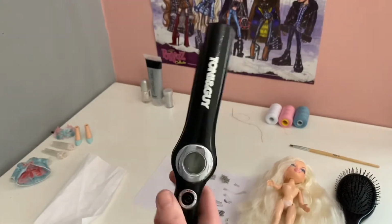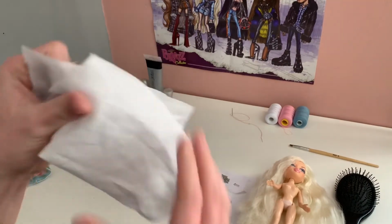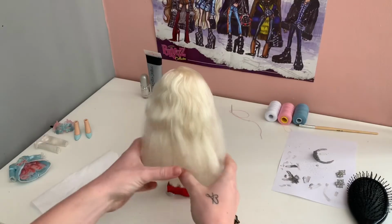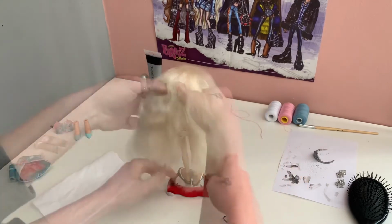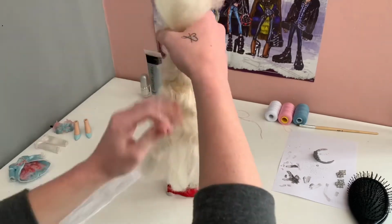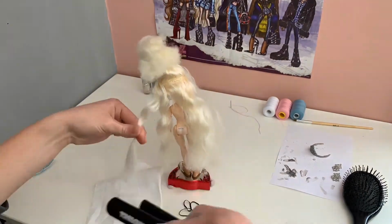And I was a little scared that my straightener might be a little too hot for her. So I did grab this cloth as some form of a safety net just to wrap around her hair as I straighten it. I've plugged her down onto this Bratz Angel stand. And I'm just going to start by separating her hair into sections. And I'm going to work from the bottom to the top and just go strand by strand trying to straighten